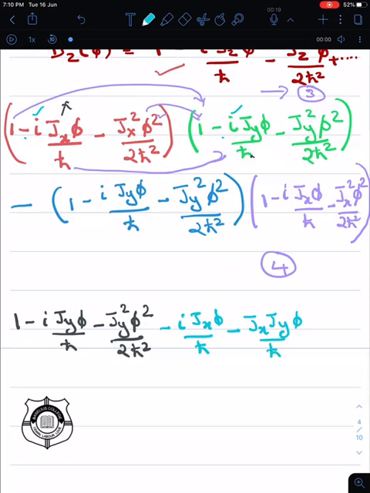So this is phi into phi, which is phi square. We don't want phi cube because we are just limiting till phi square. So the next term we are not taking into consideration because it is a phi cube term. Now you have just this Jx square phi square by 2 h cross square into 1. That also we will write down. And we have minus Jx square phi square by 2 h cross square. That's your left hand side. This is just our left hand side.